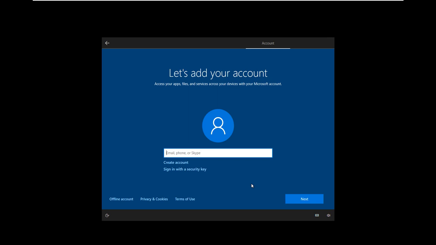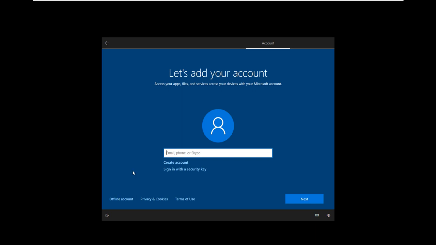Or if you don't have an account, it gives you the option to create one. It will connect to the internet and give you the option to create an online email account that you can use here. Now if you don't want to use the Microsoft account, you can go for an offline account.